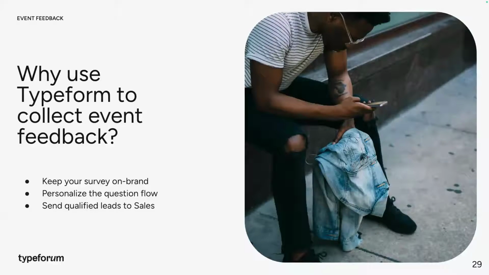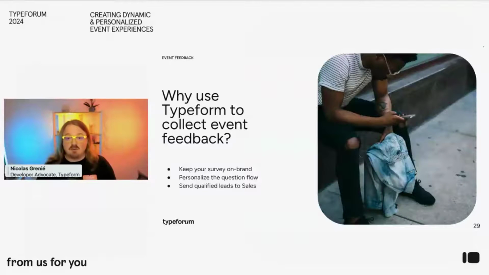So if people are giving you a score between 0 and 10, maybe whenever it's a lower score, you can ask a specific follow-up question about this and be like, oh, why did you give us a low score? Or why do you like this in particular? With the new Clarify AI, it's even better. Finally, this is again an opportunity for you to branch out and give those warm leads, the people that really interacted with the event, to your sales team so they can follow up and, hopefully, close some deals. But let's hear it from our expert in the room, Diana.